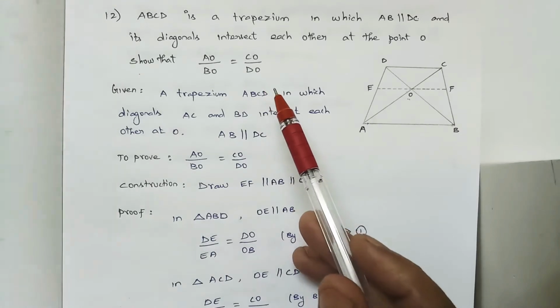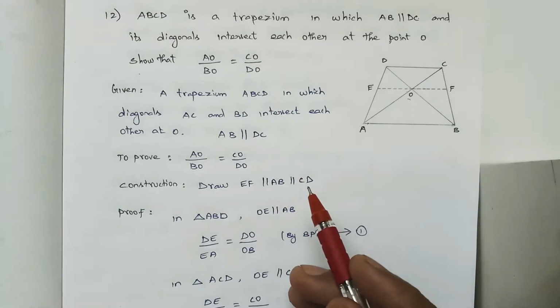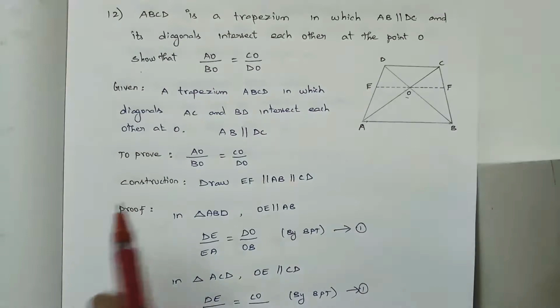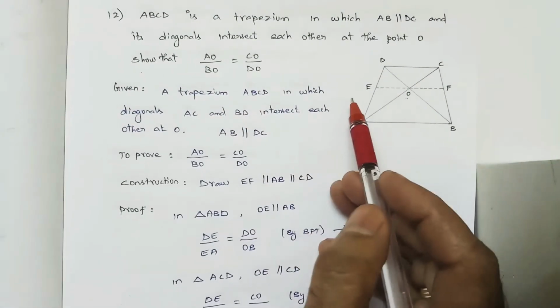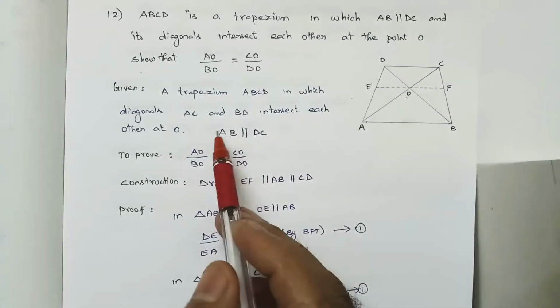So it's very easy, while we are multiplying, whatever we need, we can shift to the LHS or to the RHS. We'll get the proof whatever it may be, right? Okay, here what is the given? ABCD is a trapezium in which AC and BD intersect each other at O.